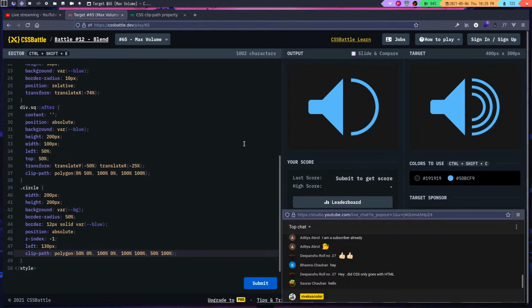So you guys can see currently we are getting this outline now, right? It looks like the border radius is also not perfect, and